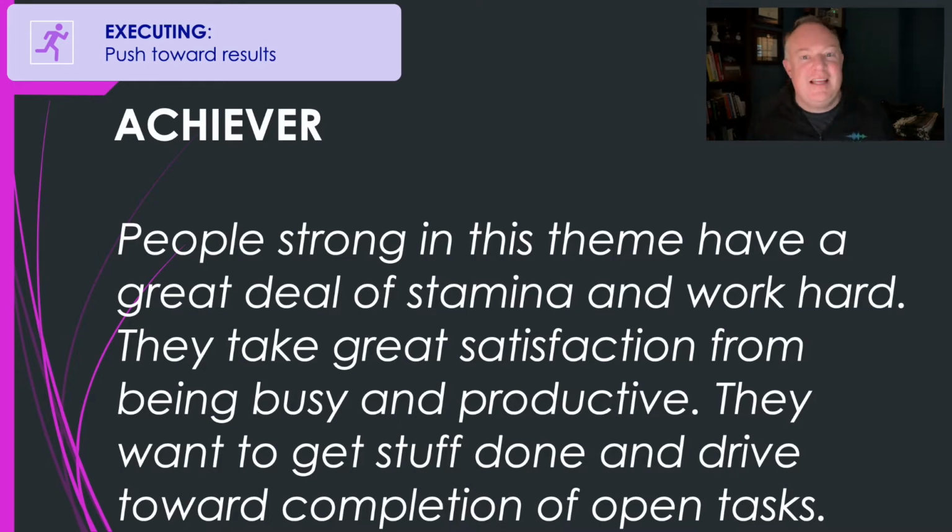So let's talk about some steps to enhance or grow your strength as an achiever. First, I think everyone with achiever should invest in visual task management software or systems or an app or something to track their tasks. And you can organize them. You could certainly run different statistics on them. You could look at your completion rates over time. All that stuff will really energize and excite any achiever. I think also in the DJ world, you could use things like DJ Event Planner or Vibo or other tools that help you with workflow. You're going to love workflow tools and you're going to love the task orientation if you're an achiever.